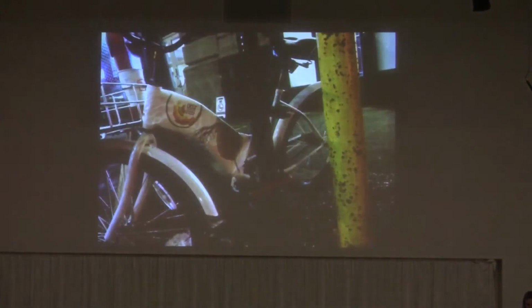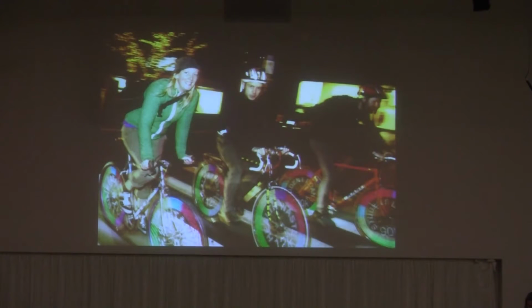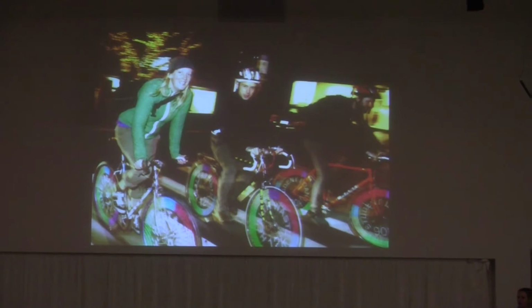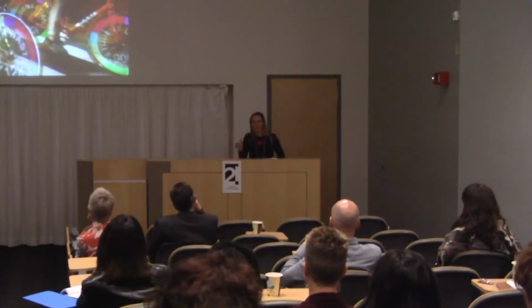Anyway, so this is the life cycle project we're just piloting, and I'm going to skip through some of these other bike things. But the bikes as icons of independent mobility, right? What's most offensive about the city bike programs is that they become conduits for the corporate monoculture and advertising, and in this case where we've got opportunities, this is what I call occupies, which is a point of view,